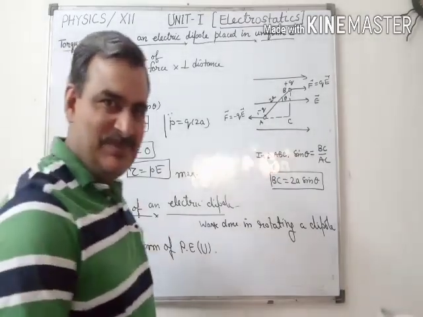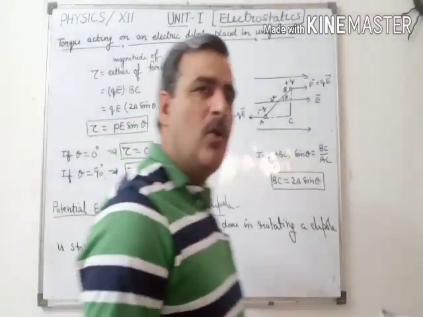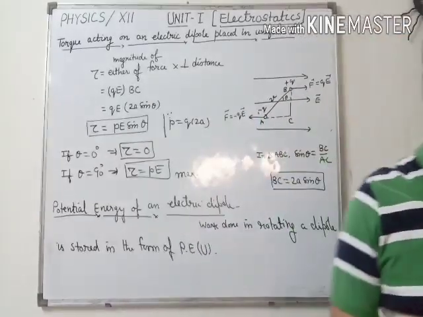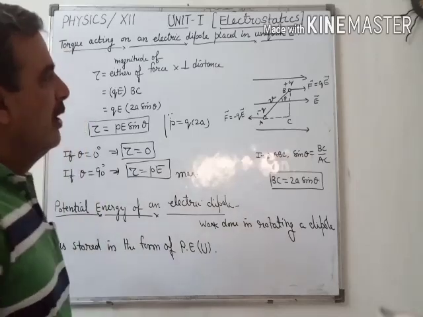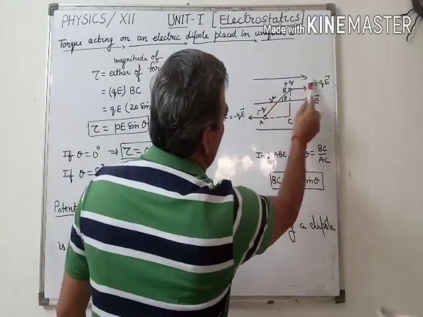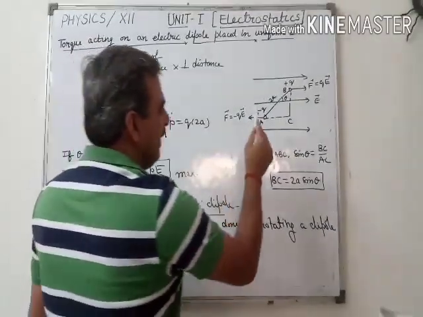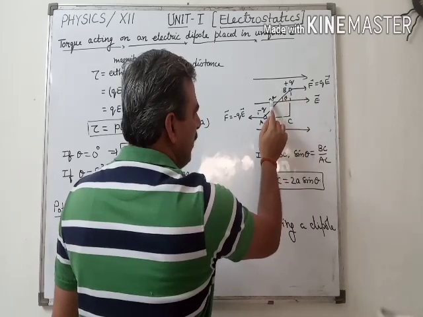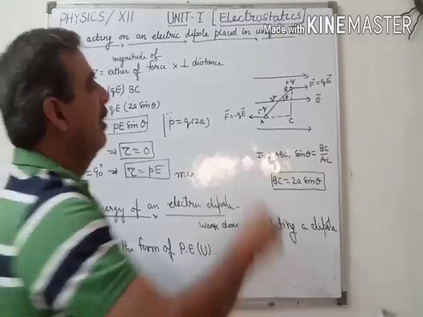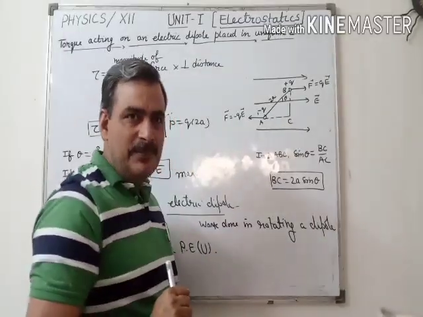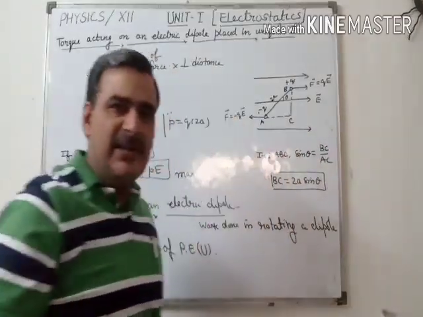Hello students, today we will discuss the torque acting on an electric dipole placed in a uniform electric field. For that, you have to consider a region having a uniform electric field, which can be represented by parallel lines. If you place a dipole AB of length 2a, having charges plus q and minus q, in this uniform field such that its axis makes an angle theta with the direction of the electric field,